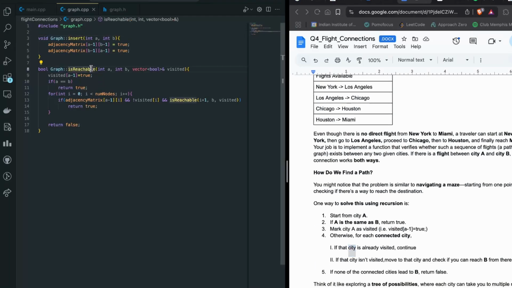And the second function was is reachable. So in this you have to recursively check whether you can reach from A to B or not. So this is the base case, if A is equal to B, then you simply return true. Otherwise what you do is you iterate over all the